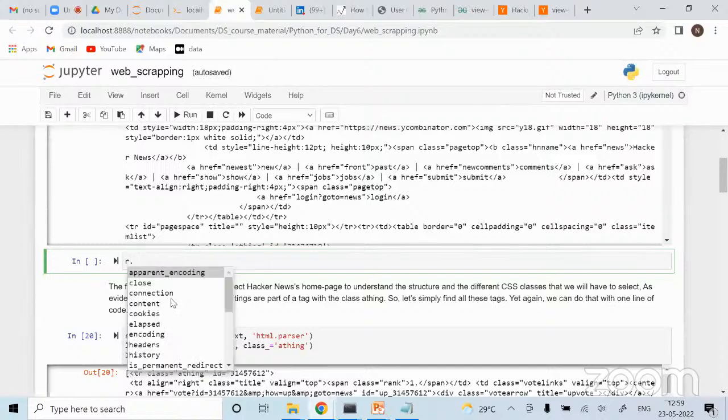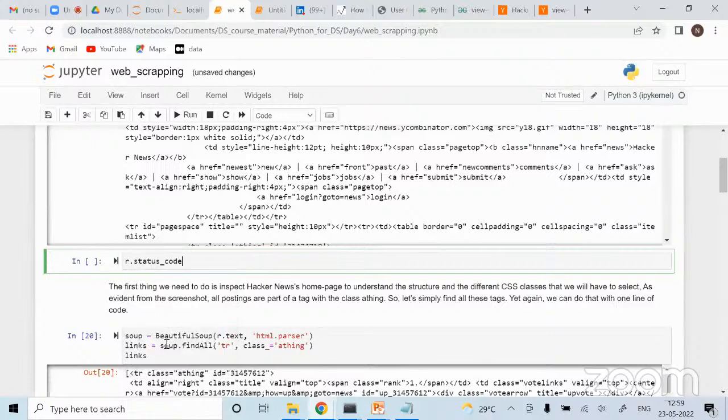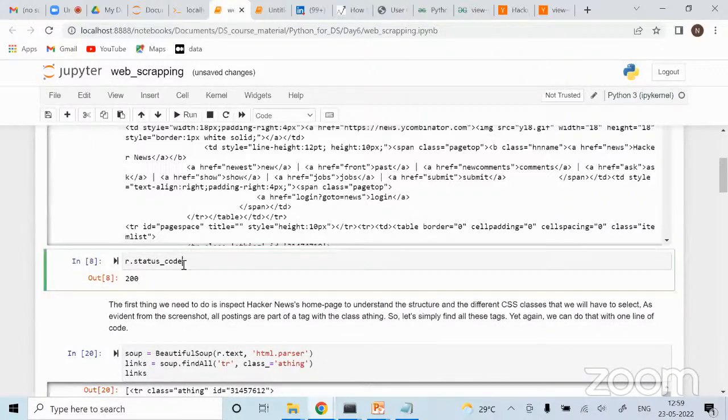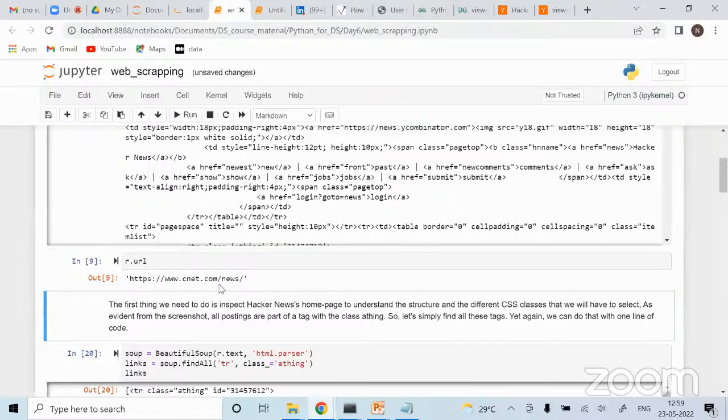So all these things are available. You can close the connection also, you can check the connection, you can check other things as well. Text है, URL is one of them, status code है. Let's see what is status code. 200 है, right? Then r dot URL होगा कि क्या URL था, right? तो मैंने इस पे URL पे पहुंच गए थे, right? So that is the URL, right? And then